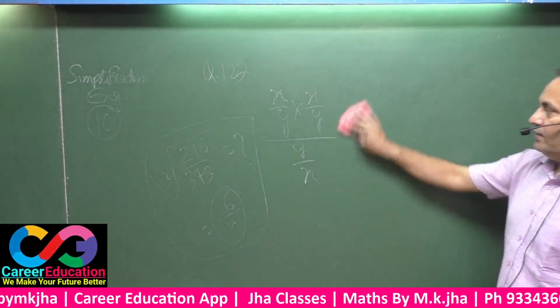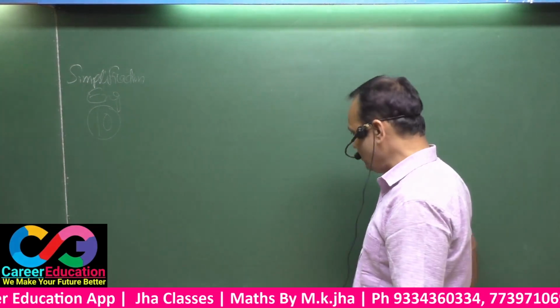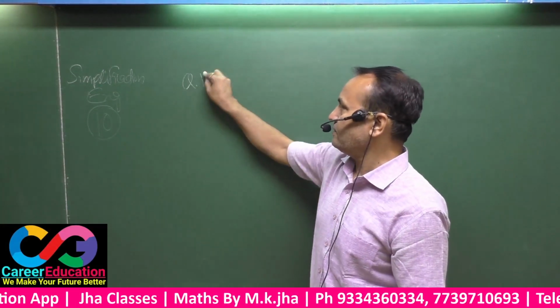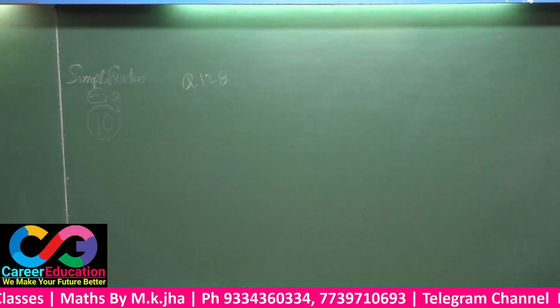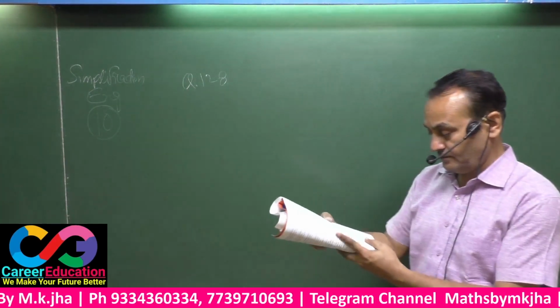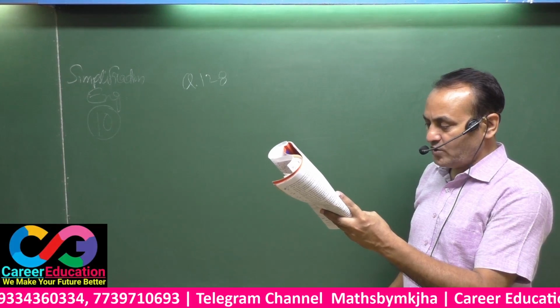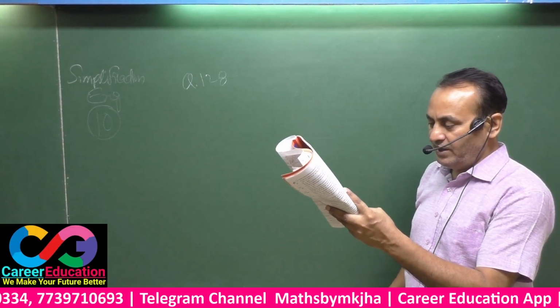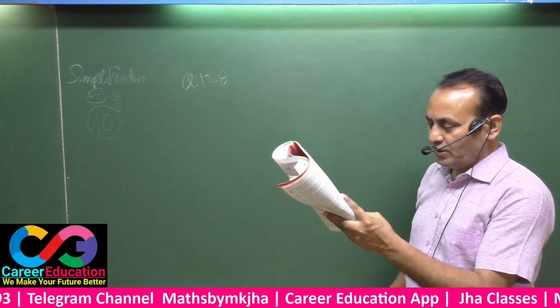Now, question number 128. See here. A group of some men is arranged in a hollow square. In a hollow square, there are 18 men in a complete row and 3 men all around the depth. Find the total number of men.